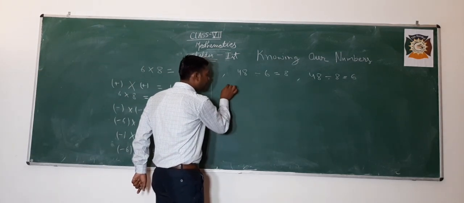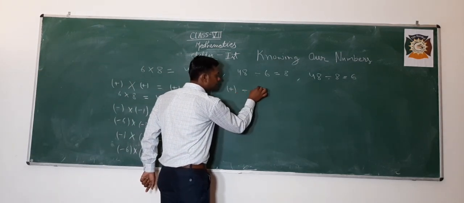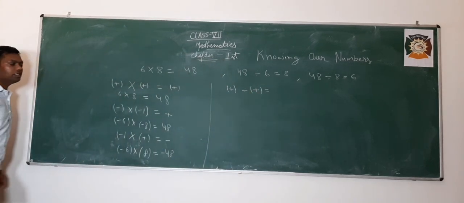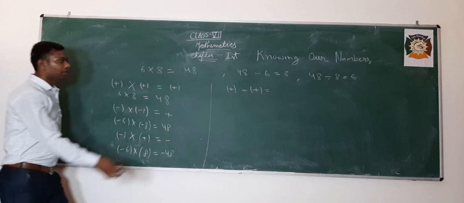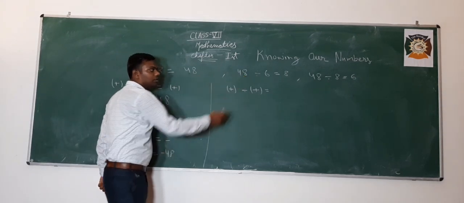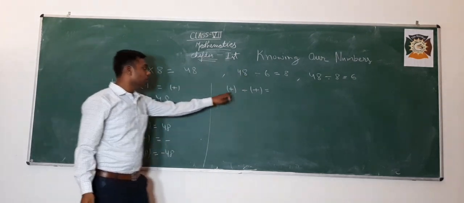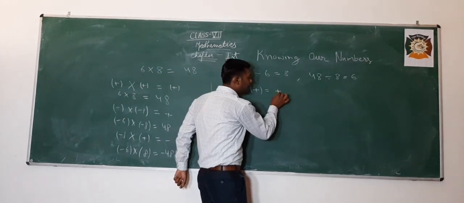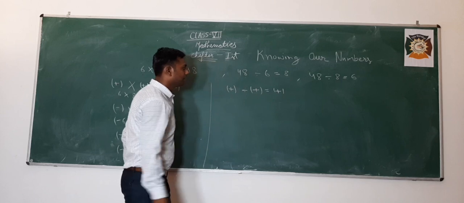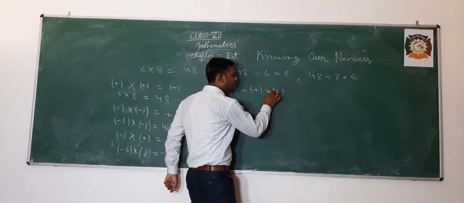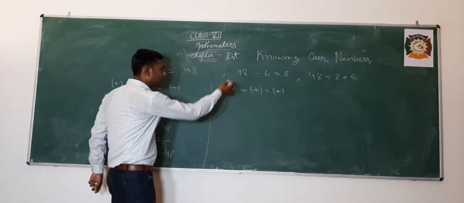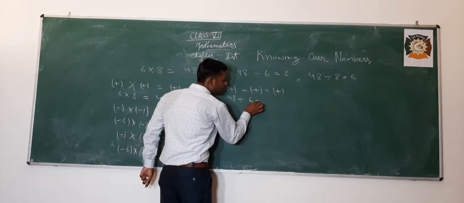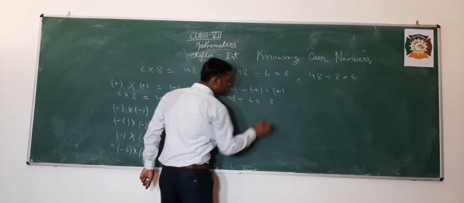If we divide two positive numbers, which we just learned in the earlier classes, see the examples. These are the two examples from above. A positive number divided by a positive number, then the result will be a positive number. For example, 48 divided by 6 is equal to 8.